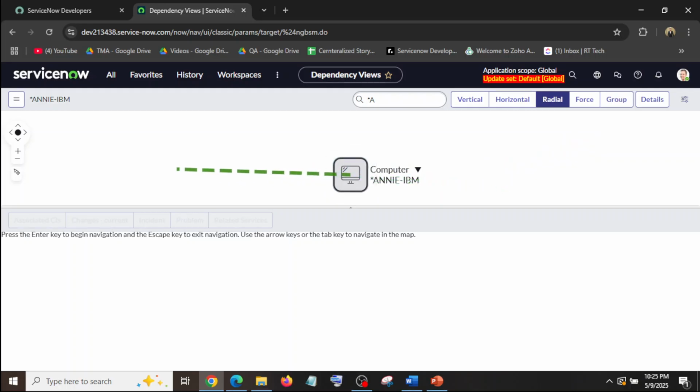And from here we can add different relationships. So in this way we can explore the dependency view of any CI. So it's very helpful and useful.